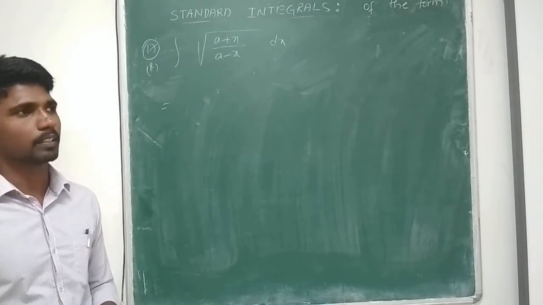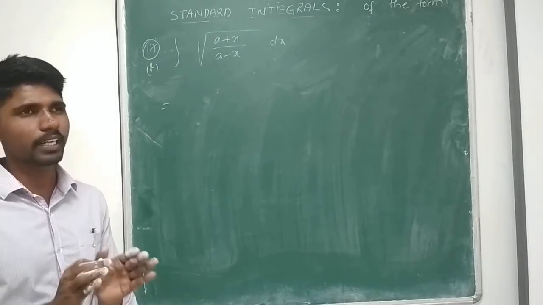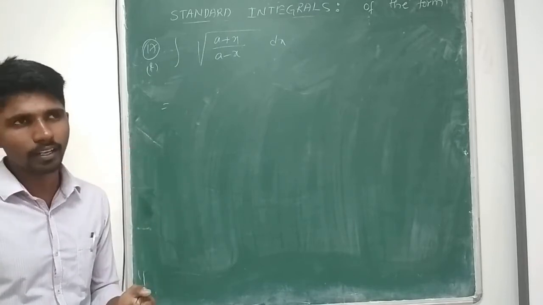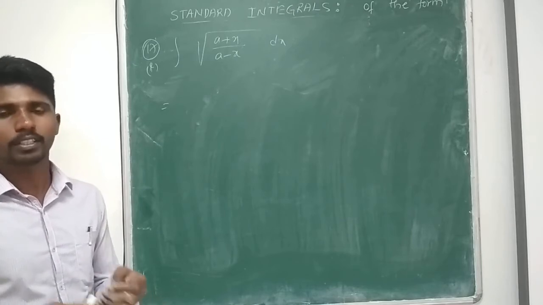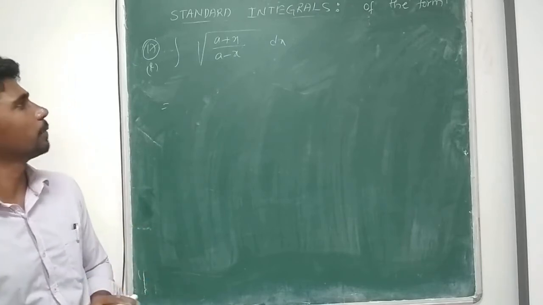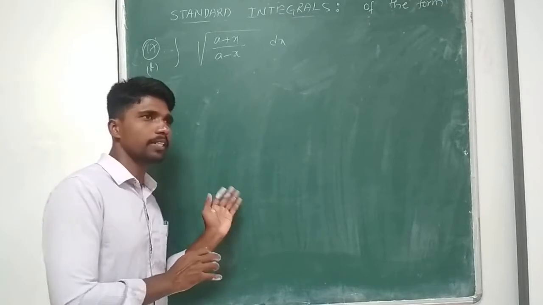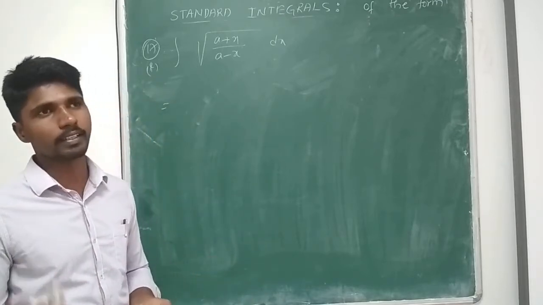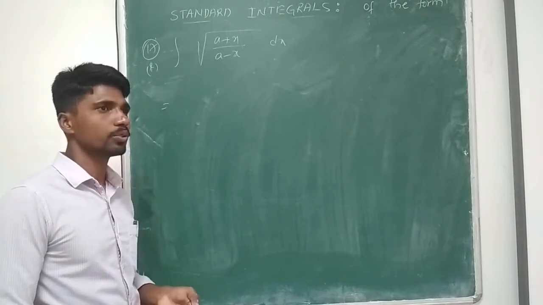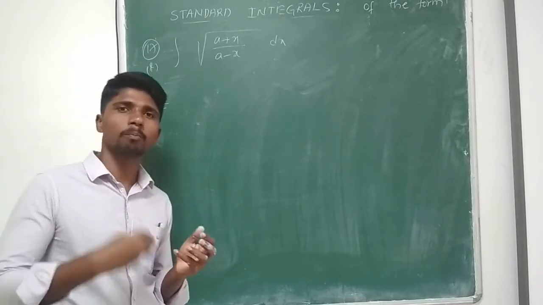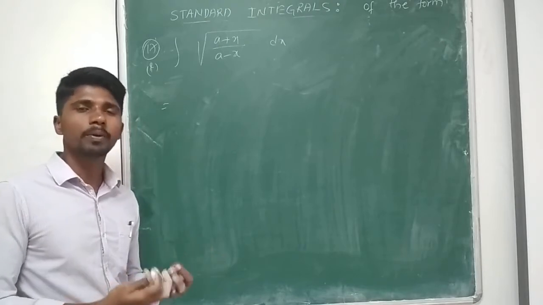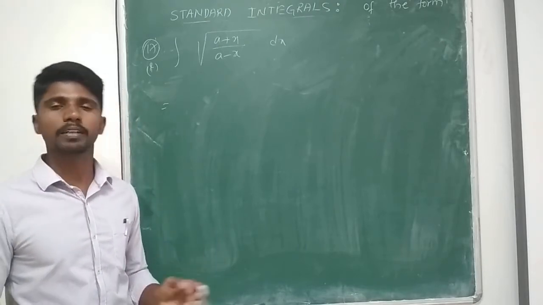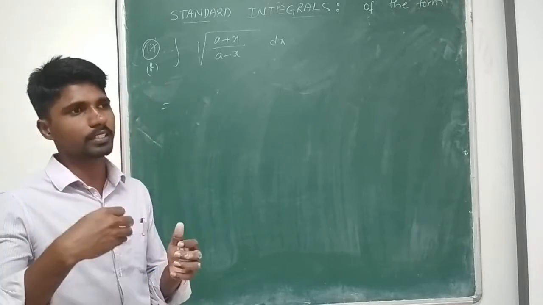Sorry, it's not exactly rationalizing the numerator. Try to get the numerator as a rational number and the denominator as irrational, meaning in square root form. Here we cannot say rational or irrational because a plus x may be any real number. So one better phrase I can use: make the numerator square root free. The denominator can have a square root. We just convert it in that form.